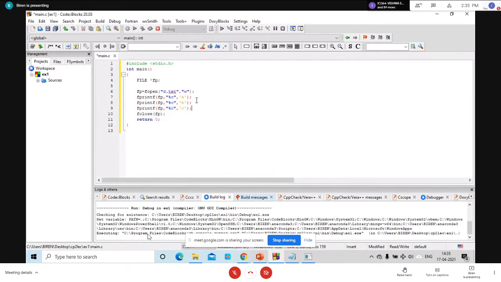Now if I do this statement, you can understand the difference between fprintf and printf. We need only a file pointer as the first argument if we are using fprintf. Otherwise, the remaining structure remains as it is.